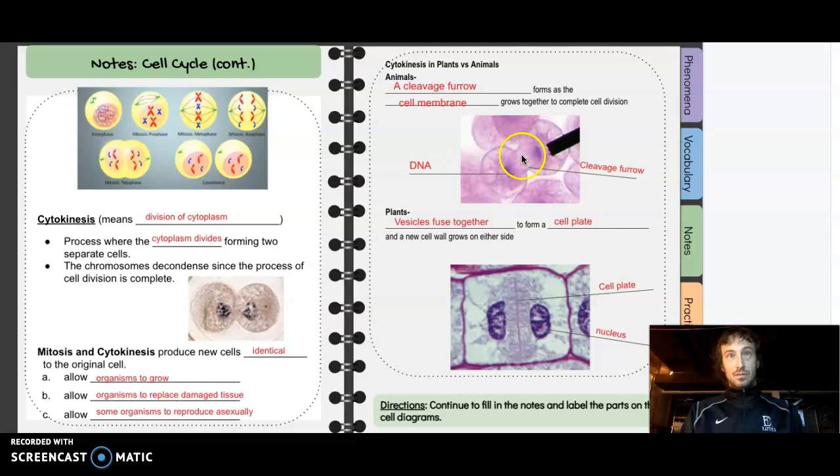Animal cells, right, only have a membrane, so our types of cells, whereas plant cells have a cell wall, of course, and so there, you have to account for the making of that cell wall, which starts as a cell plate here. Okay, so that's a cell cycle, and more specifically, cell division,